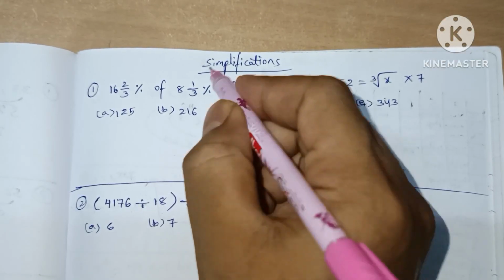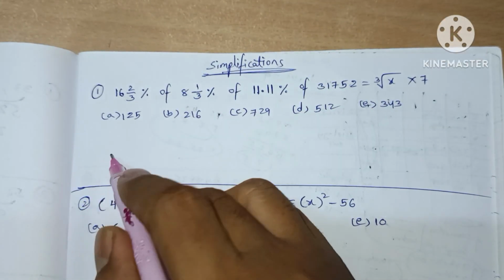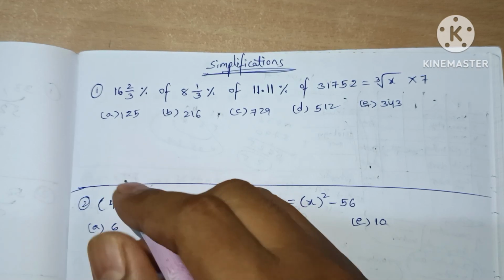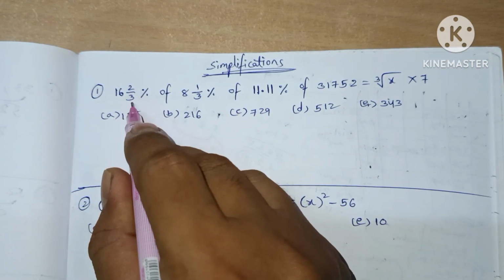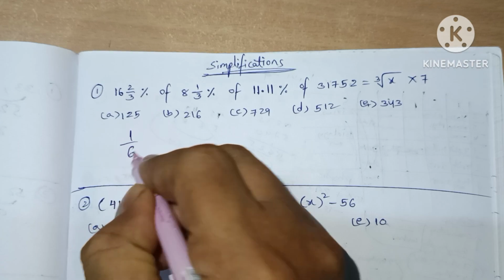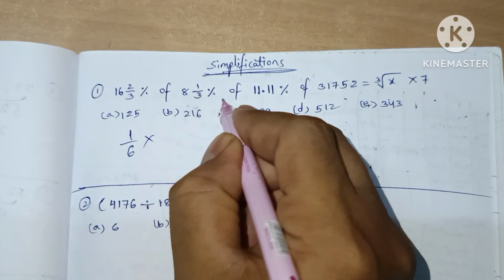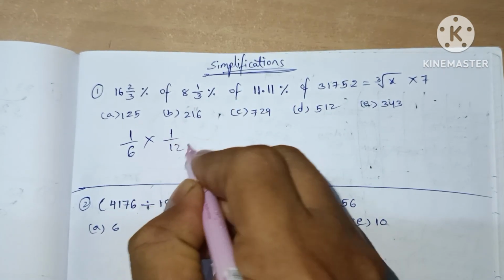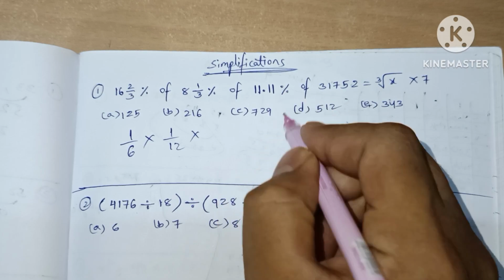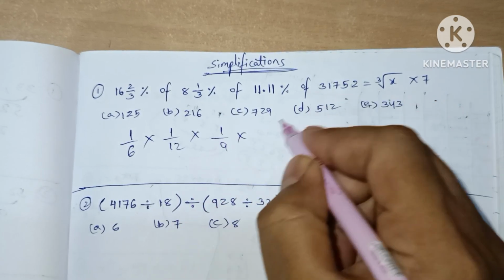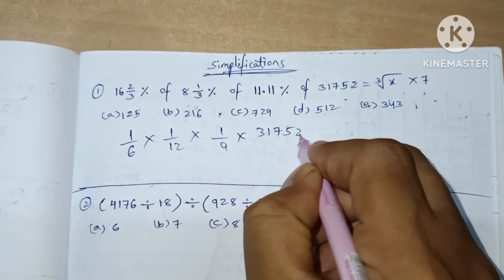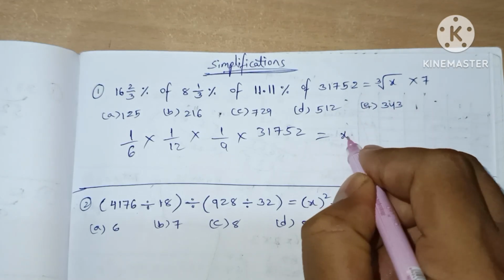Today we are going to solve these simplifications with the speed that is required for our exams. Here it is 16 2 by 3 percent, which is nothing but 1 by 6, into 8 1 by 3 percent, which is nothing but 1 by 12, 11.11 percent, which is nothing but 1 by 9, and this is 31752, and this will be x power 1 by